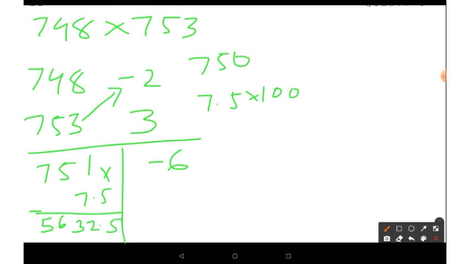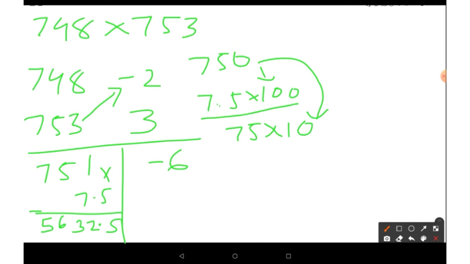Okay. So in that case, what you can do is, see here, this decimal you have to remove. For that, see, this 7.5 into 100, you can write that as 75 into 10 also, right? You can write 7.5 into 100, which is also equal to 75 into 10. When you multiply with 7.5, you got a decimal, but if you multiply with 75, you will not get this decimal, right?